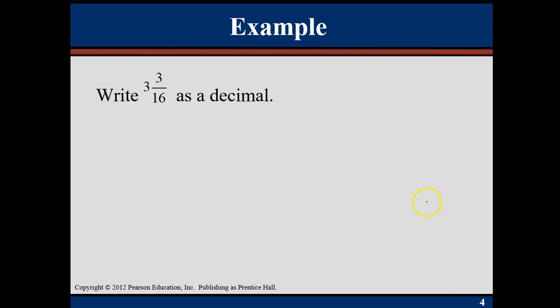If you have a mixed number, you'll leave the whole number part alone, and then you'll just change the fractional part into a decimal. I can type in my calculator 3 divided by 16, or if I don't have a calculator, I can say 16 goes into 3 how many times. It doesn't go into 3, so I'll need to add in my decimal point and add on a 0. 16 goes into 30 only one time. When you subtract, you get 14. I need to add on a 0 and then bring that 0 down. 16 goes into 140